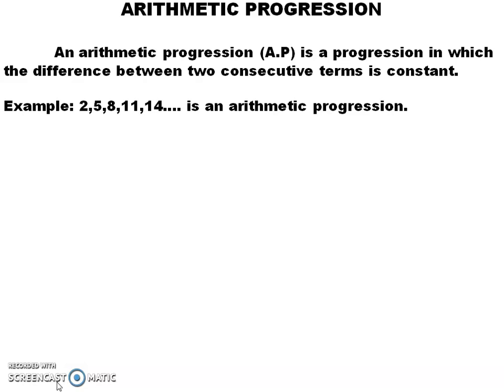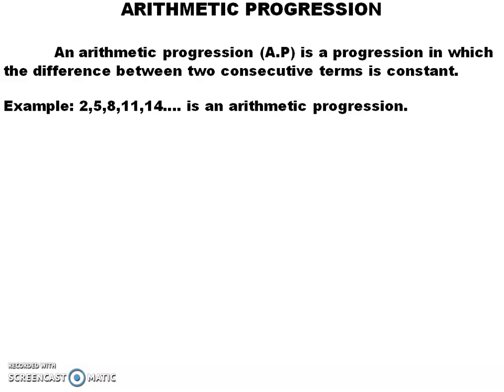Can you tell me why this is known as an arithmetic progression? I'll show you. What is 5 minus 2? It is 3. What is 8 minus 5? It is again 3. What is 11 minus 8? It is again 3. That is, if the difference between two consecutive terms is constant, such a sequence is known as